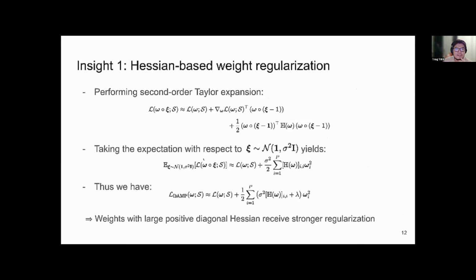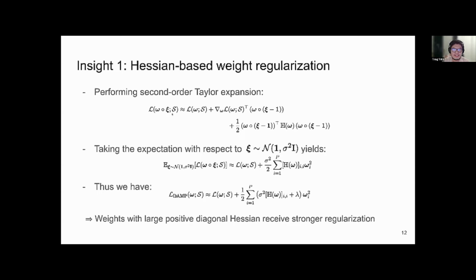So now I just want to talk about some insights about this technique. Insight number one is that there's a connection between DAM and Hessian-based weight regularization.